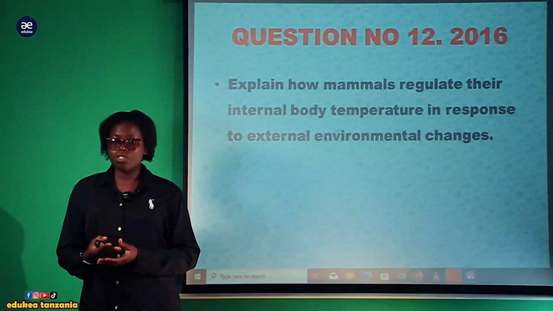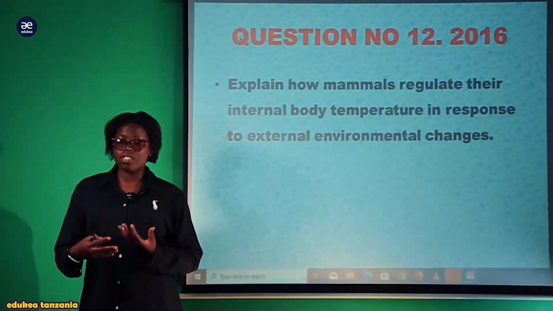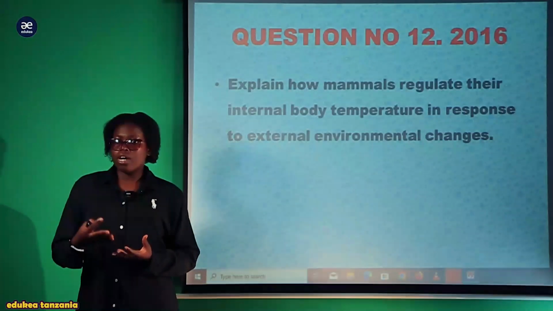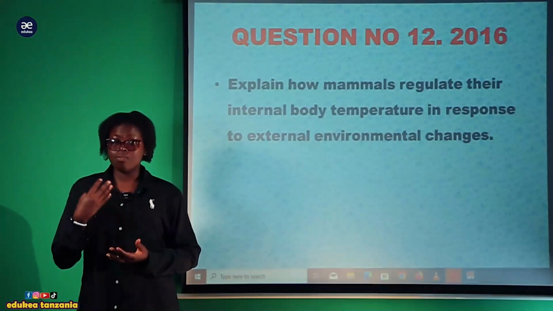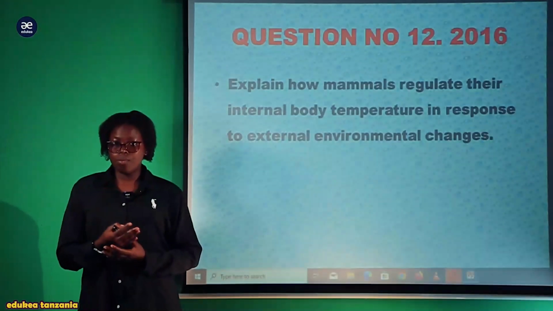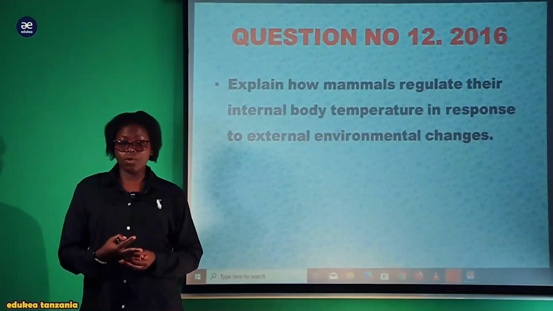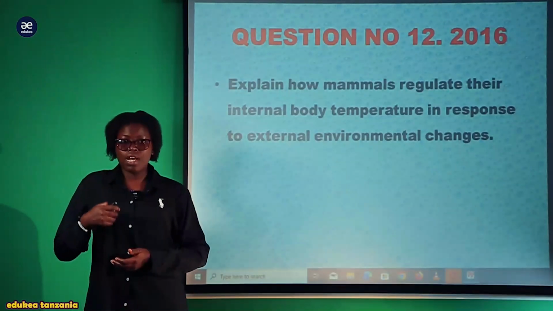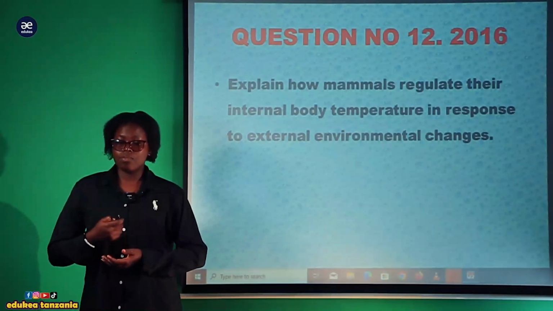When we talk about thermoregulation, this means the ability to regulate the change in temperature. The term thermal comes from the term temperature. So this is concerned with the regulation of the amount of temperature, as one of the external factors which influence the different metabolic activities